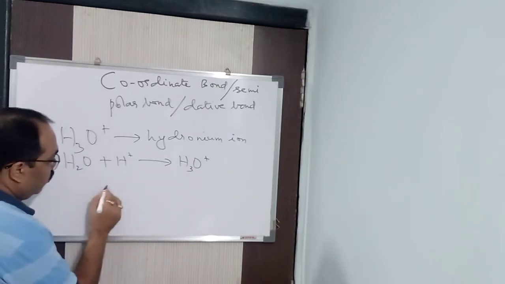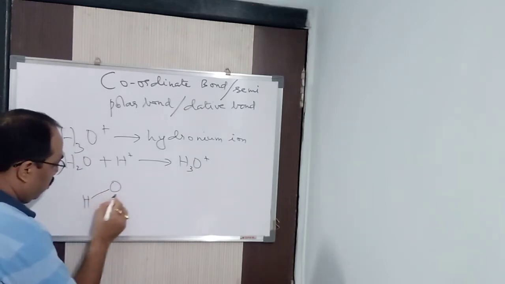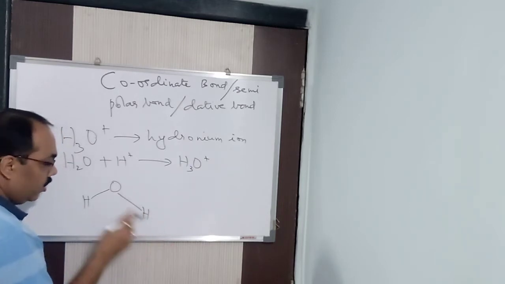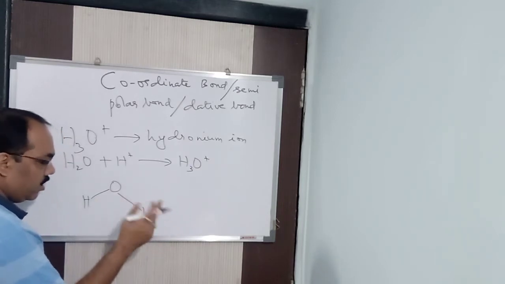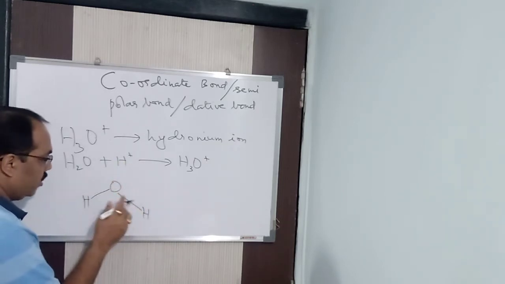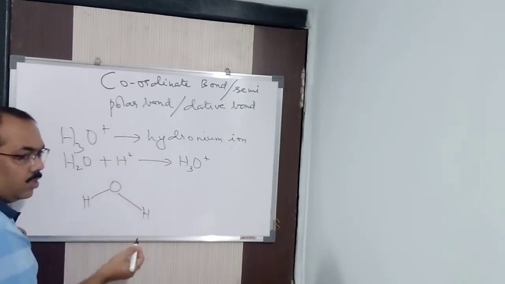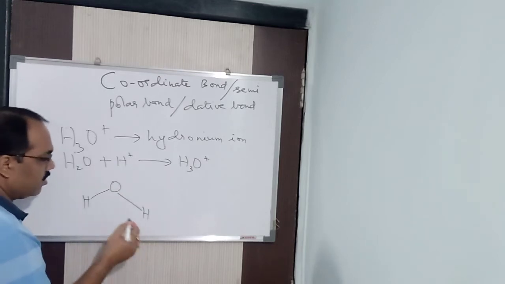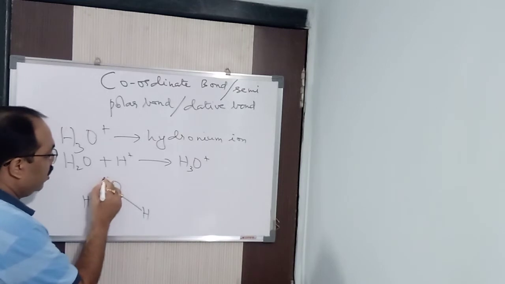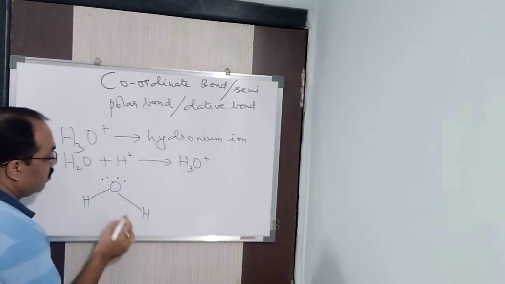So you know the shape of H2O now. Don't draw the linear shape, because once you know the shape of the molecule, you draw according to that shape only. So far you did not know the shape, but now you have learned VSEPR theory, so try to draw the molecule according to the desired shape, so that you remember the shape also. Here two lone pairs of electrons are there, as you can see. This is one lone pair and this is another lone pair.